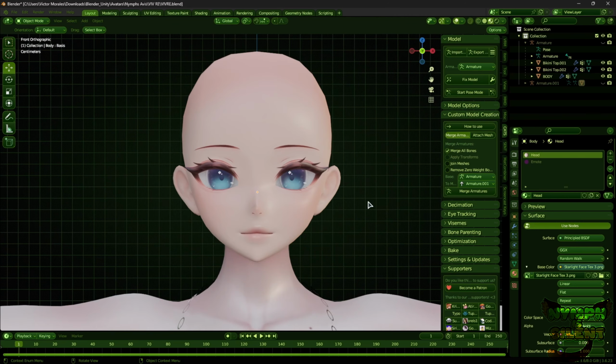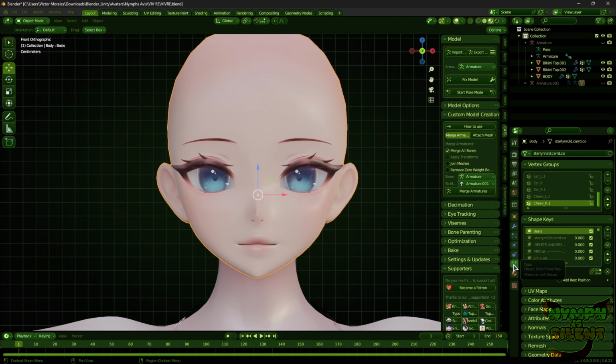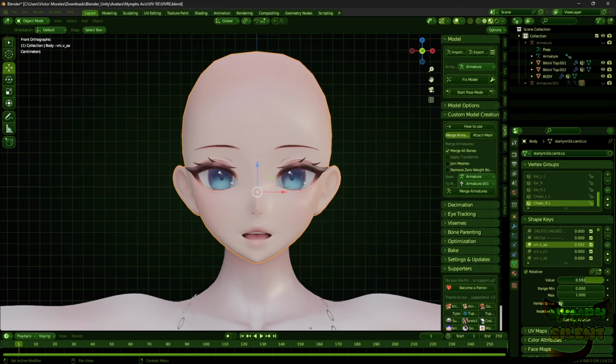So most of the time for bases, you're gonna get blend shapes. If you go over here to data, and I forgot, in Blender they're called shape keys, in Unity they're blend shapes, but they're practically the same thing. So you can come over here and you have your visemes, which is what makes you talk in game, but there's also things like